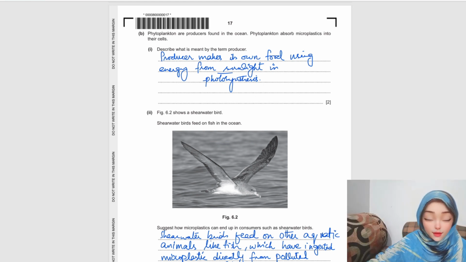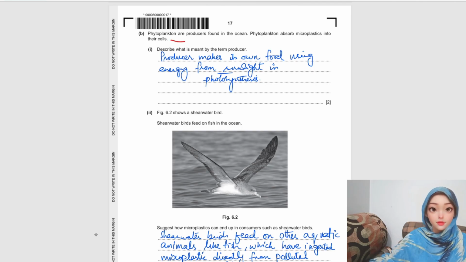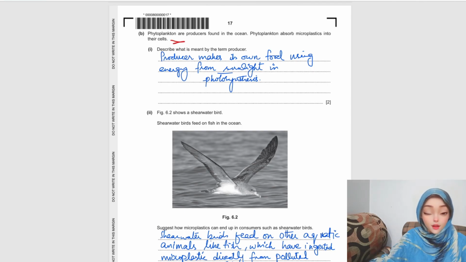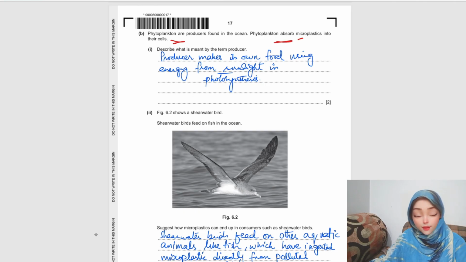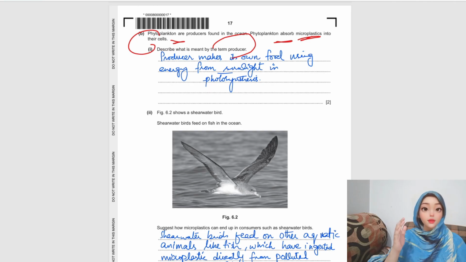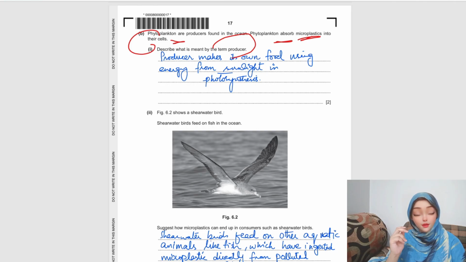The next question says phytoplankton are producers found in oceans. Phytoplankton absorb micronutrients into their cells. Describe the term producers. So again this is super simple. Producers are those that can make their own food by using energy from sunlight in photosynthesis. So basically plants are the producers. Okay,